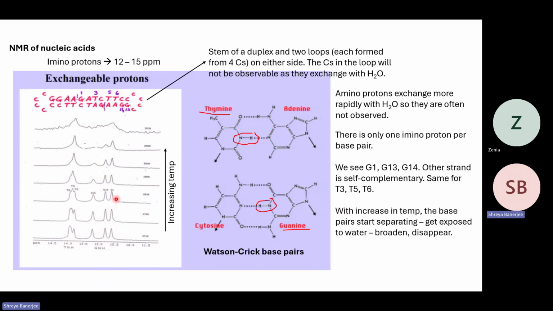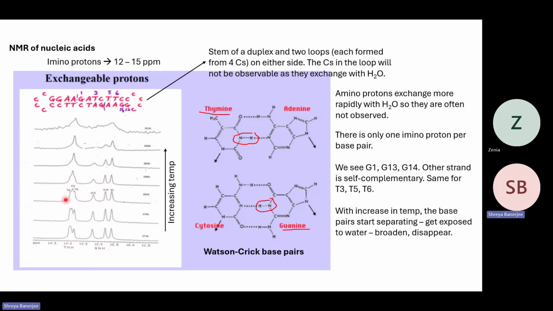So basically you can see in the middle, from bottom to top, it is increasing temperature. You can see G1, G13, G14, three distinct peaks, and T3, T5, T6 are kind of merging, but you can see 3 peaks. So you can see the 6